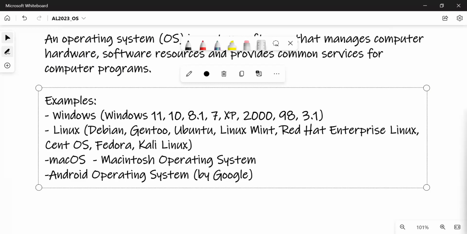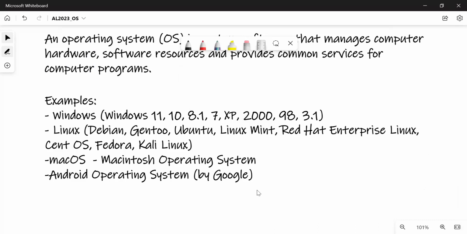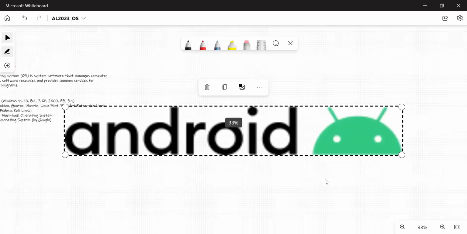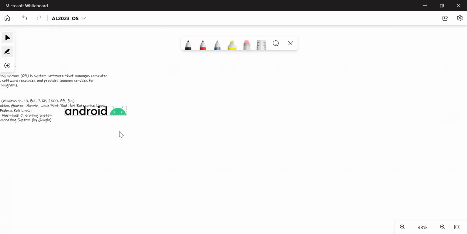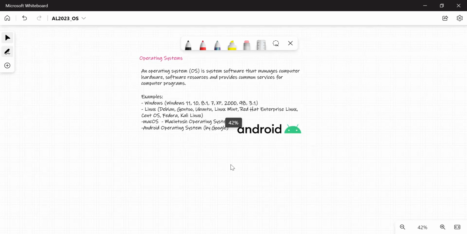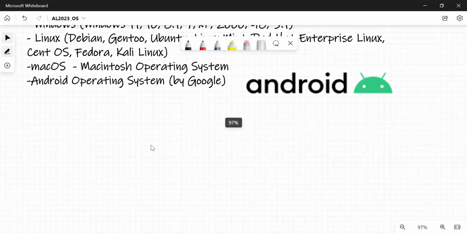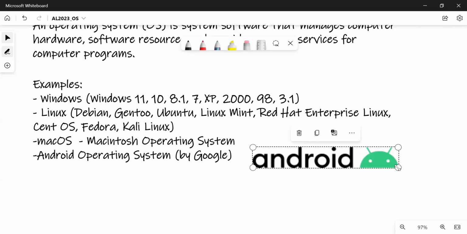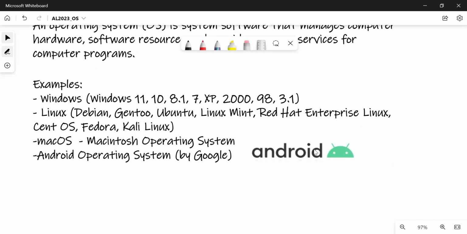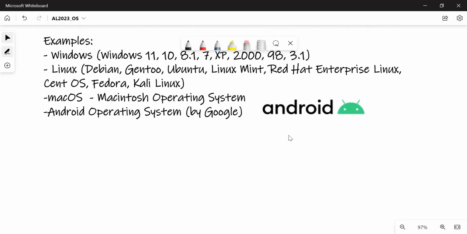So this is what we know as a mobile operating system. So that is Android. Okay.